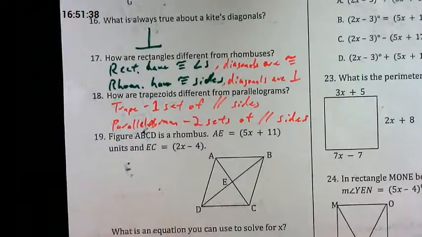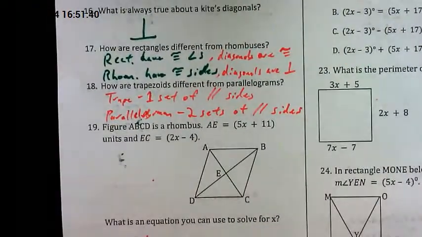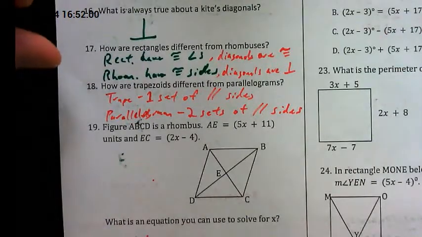On 19. In a parallelogram, the diagonals do not have to be congruent, only in a rectangle. All right, so in that specific type of parallelogram, a rectangle's diagonals are congruent. All right, on 19,